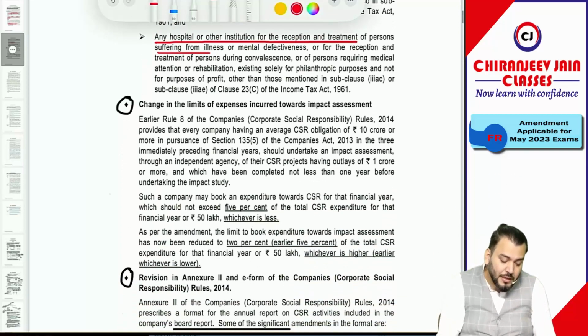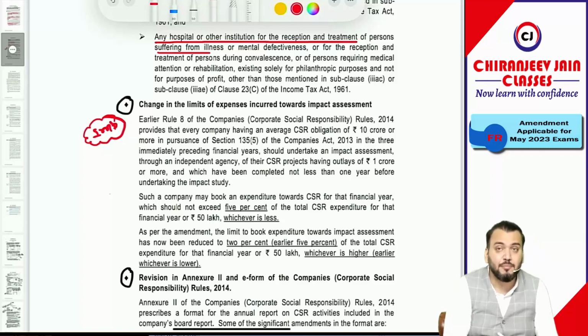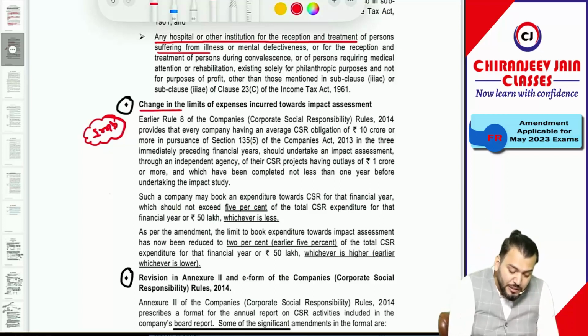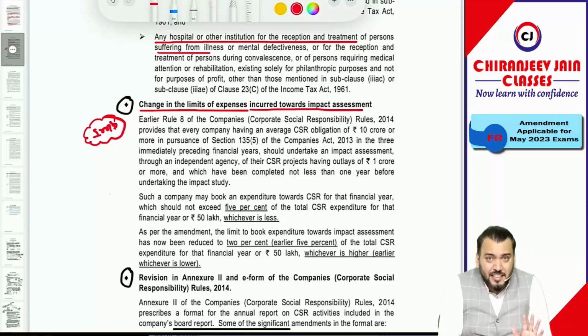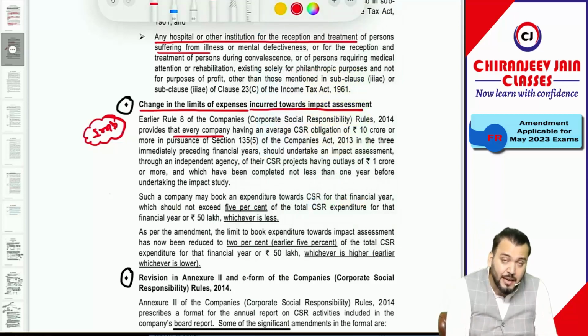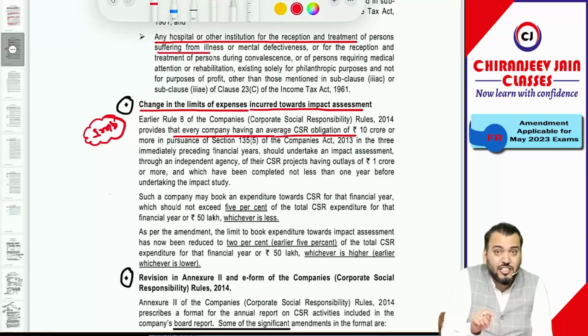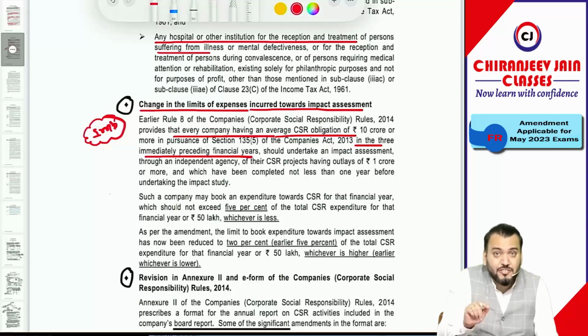Yes sir. Then the next point, which may be important from exam point of view, I will say out of all these amendments, this can be important, which can be asked in exam. The change in the limit of expenses incurred toward impact assessment. Now, as per the CSR rule, entity need to perform impact assessment. But which entity need to perform impact assessment? What company rules used to say that every company having an average CSR obligation of 10 crore or more, for what? In the 3 immediately preceding financial years. Means if average CSR obligation is 10 crore or more in preceding 3 financial years,